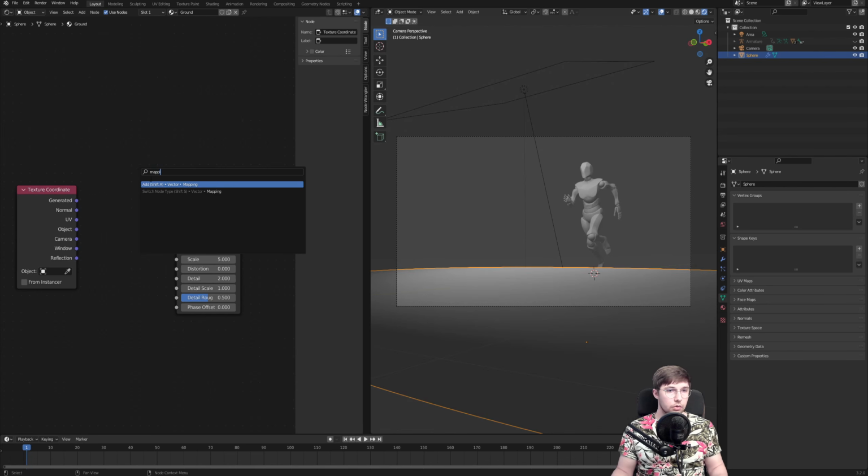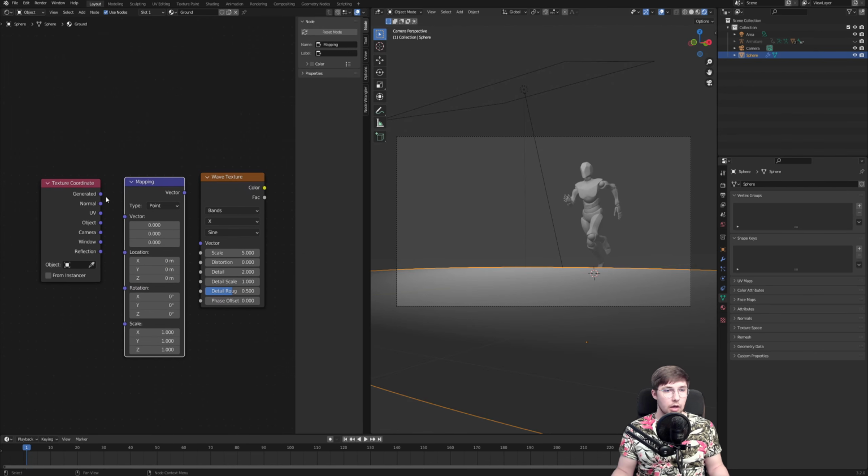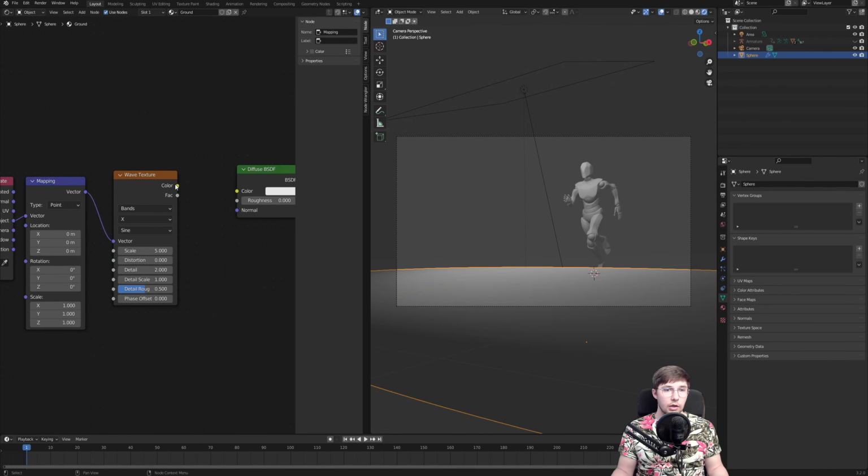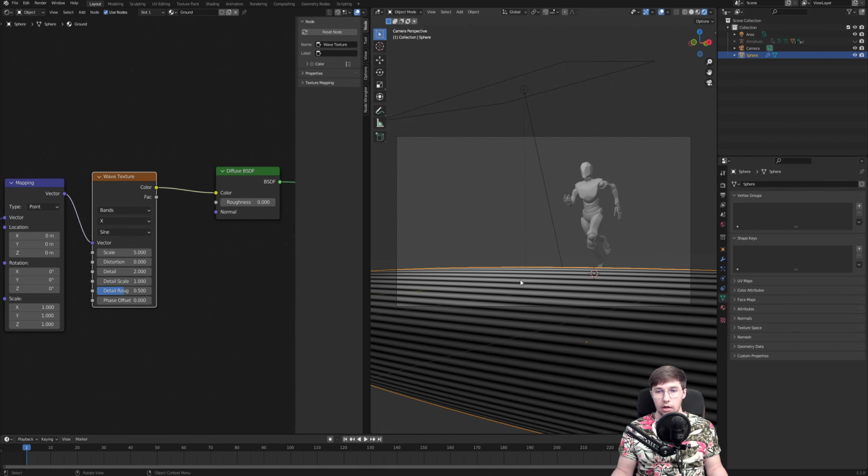and a mapping node. Now let's connect it like so. The texture coordinates go into the mapping node from object to vector, and then the mapping output goes into the wave texture input vector, and the wave texture color goes into the diffuse BSDF color. And this way, as you can see, we have this wave pattern already going on across our ground,